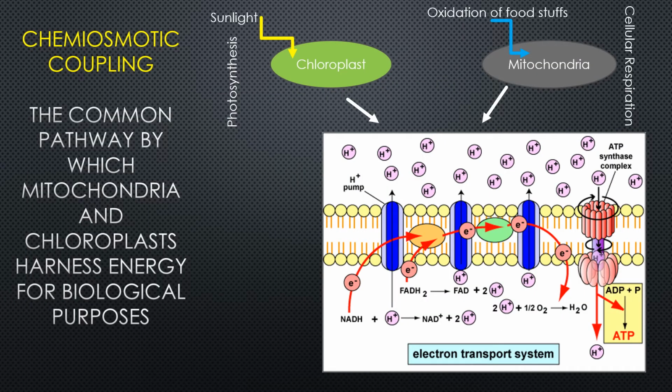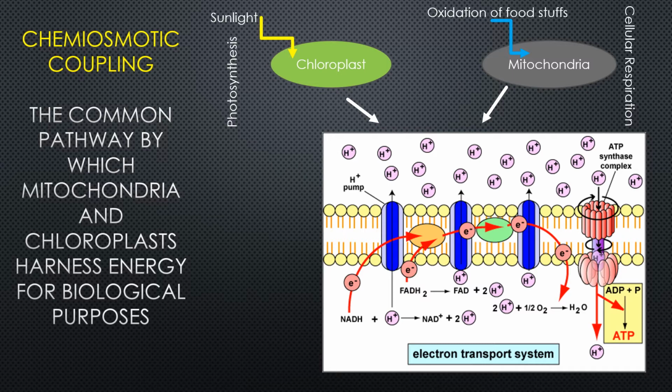So in order for energy to be produced in the form of ATP, both chloroplasts and mitochondria use what's called chemiosmotic coupling. Now the basic definition of that is going to be the common pathway by which mitochondria and chloroplasts harness energy for biological purposes of the cell. So what energy are we harnessing? In the chloroplast, we're going to harness sunlight energy, and in mitochondria, we're going to harness the energy that's stored within food. So as we do that,